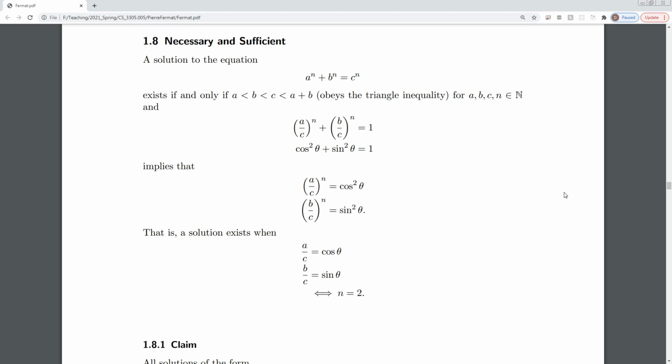Okay, so we restate the spirit of what we had initially tried to prove, and then we're going to run through it again, but handling some of the squirrely cases. Essentially anything of this form, we state it has to obey the triangle inequality, and then if it does, we can represent it as a point on the unit circle, dividing both sides, and equating this to cosine squared theta and this to sine squared theta. And with that